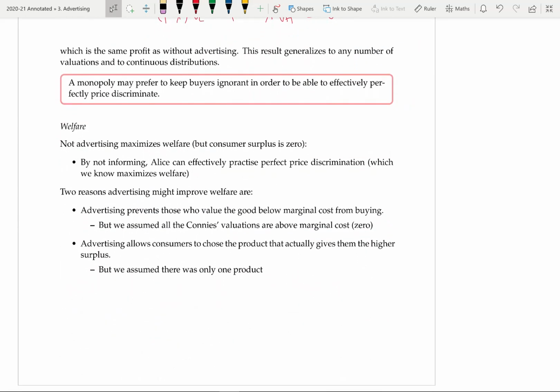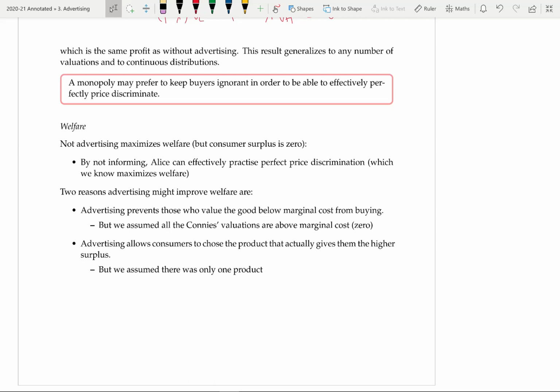Well, not advertising actually maximizes welfare because effectively the firm is perfectly price discriminating. However, consumer surplus is 0. Now, 2 reasons that advertising could improve welfare are advertising prevents those who value the good below marginal cost from buying. So far, we assumed that all consumers valued the product above marginal cost. So in the case we looked at, there's no role for advertising in screening out consumers who value the good